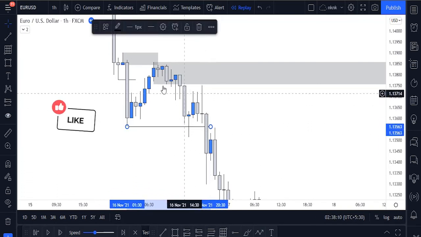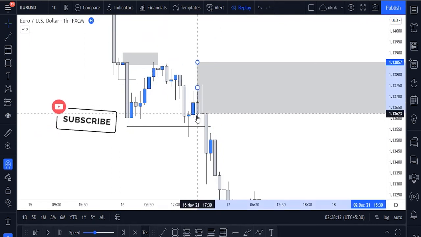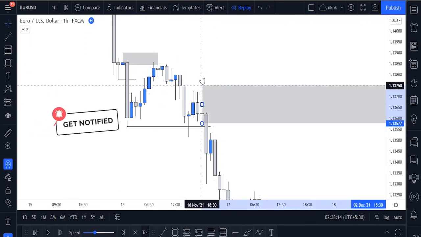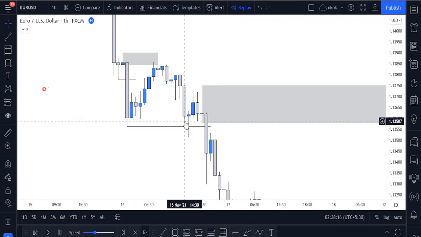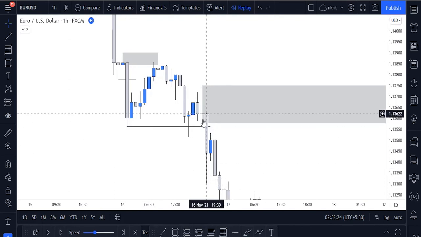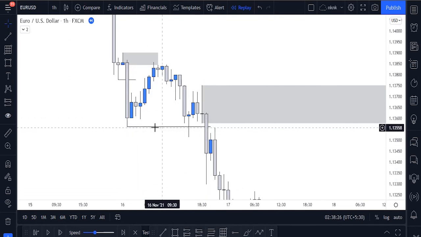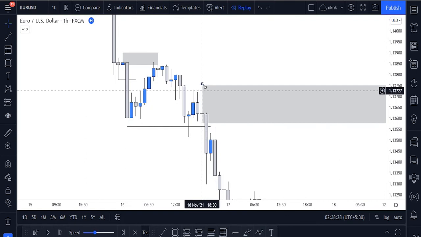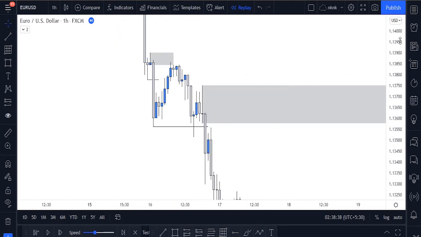So I'm interested to take a sell from this mitigation block, because this weak one does not close below this low. This is the candle which closes below this low and breaks the structure. So I am interested to take a sell from this block, because this is the last up candle which closes before the break of the structure. After marking my point of interest,